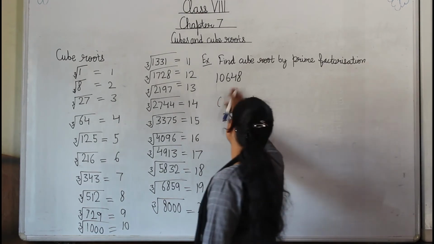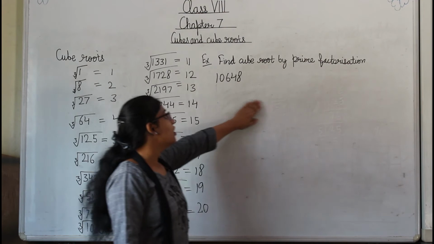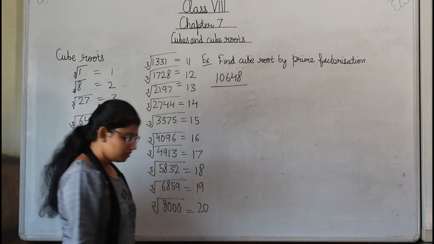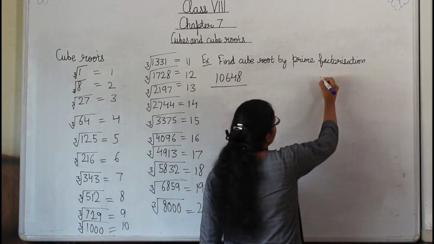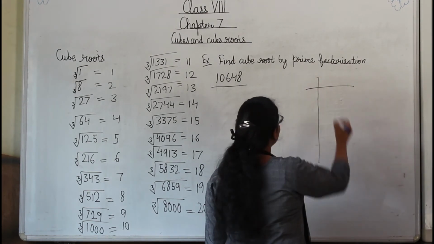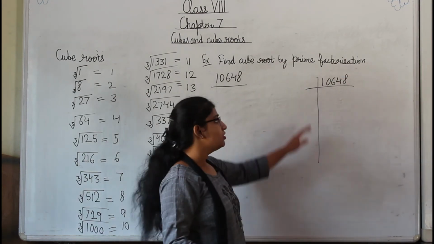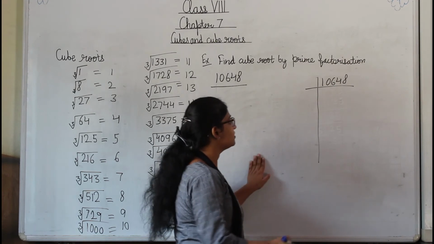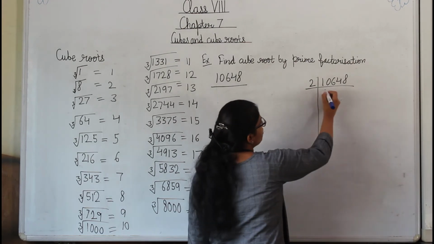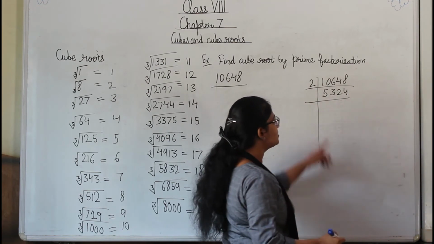Now the question is given to us: find cube roots by prime factorization. We have to find the cube root of 10648 by prime factorization. So we will find the prime factors of 10648. As it is an even number, we will divide it by 2. Here 5 2s are 10, 3 2s are 6, 2 2s are 4, so after dividing 10,648 by 2, we are getting